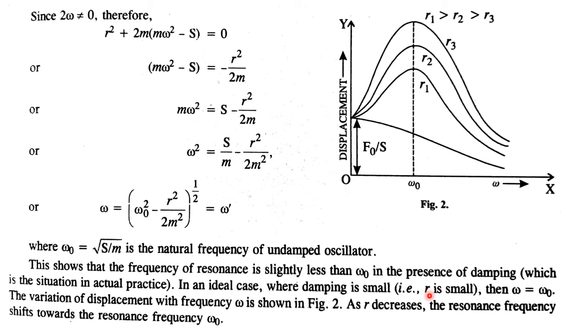All right, so see here, I have seen some discrepancy over here. As R decreases, the resonance frequency shifts towards the natural frequency omega naught actually. So I hope now it is clear how the things are behaving with the frequency and with the displacement. This was all for the day, and still if you are not able to understand, do let me know.